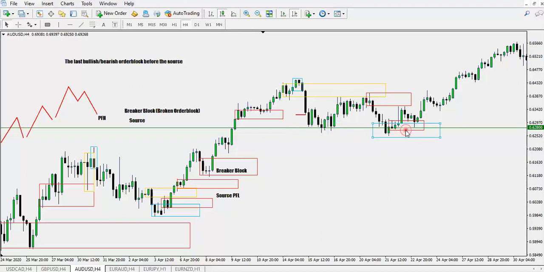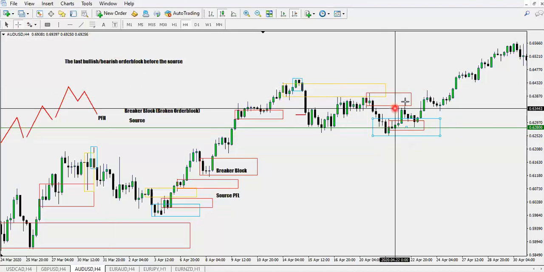But because there was a lower candle with a wick lower than the previous one, now this has become our source. Price rallied up, rejected our bearish order block, rallied down and bounced off of our bullish order block. Price rallied up, still didn't close above our bearish order block over here,